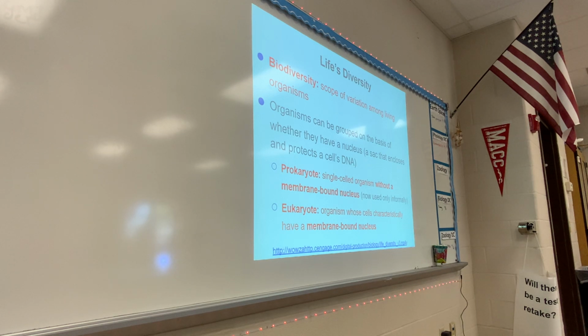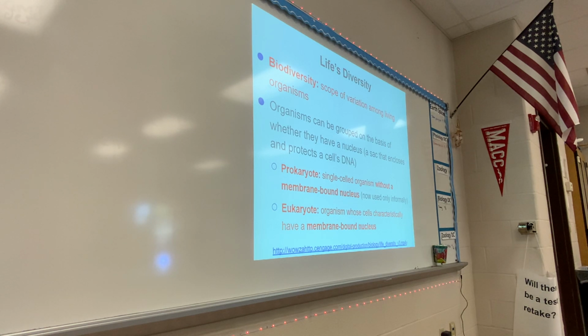So there's also something called prokaryotic and eukaryotic. This is a big idea in science. Prokaryotic means that an organism does not have a membrane around their nucleus. In fact, they don't really have a nucleus at all. There is no membrane surrounding their DNA. They still have DNA, they just don't have a membrane-bound nucleus. So their DNA is kind of like in this jelly-like plasm, all bunched up together in this jelly-like fluid.